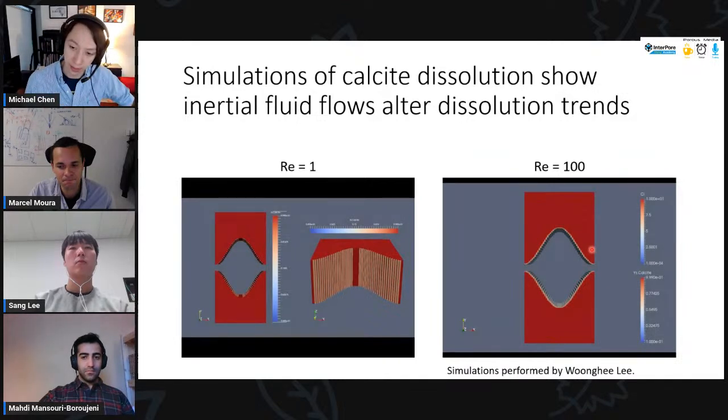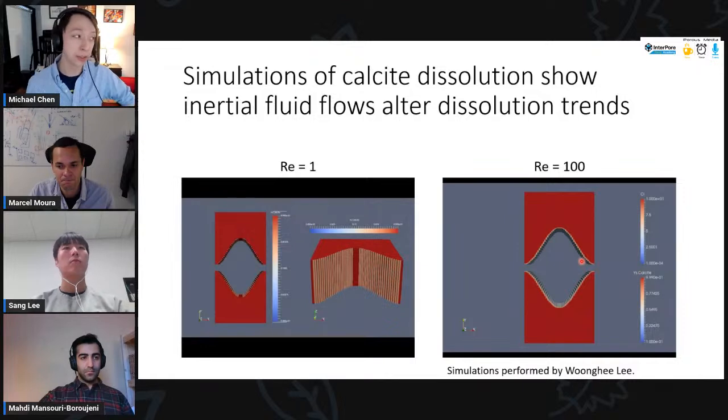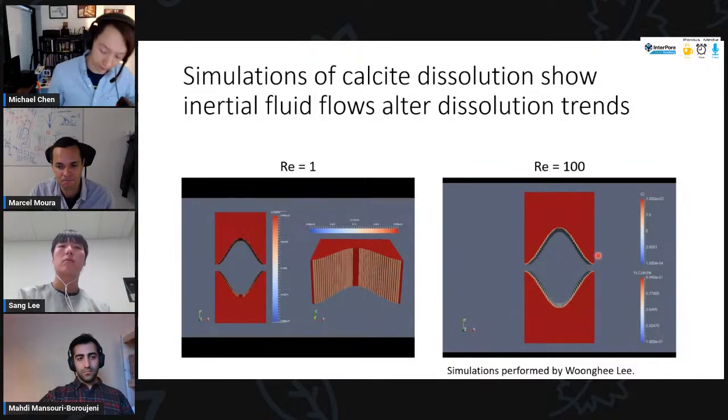Essentially, the outlet would dissolve much faster than the inlet. And the logic for this is very similar to that of the low Reynolds case. At high Reynolds number, our reactive fluid is actually being brought near to the exit and then contacting the solid as a part of this recirculation, right? It comes in, recirculates backwards. And that essentially leads to this dissolution happening faster at the outlet than the inlet.